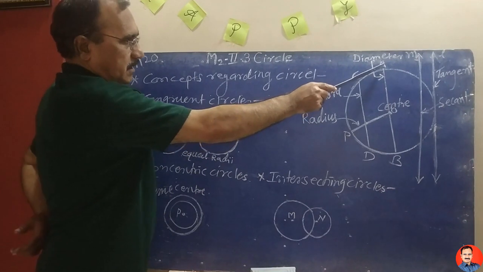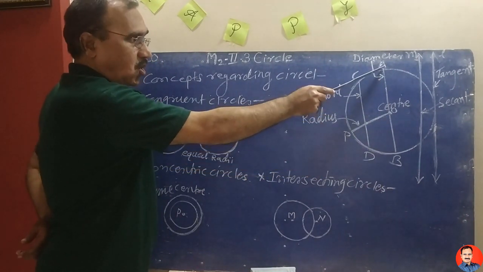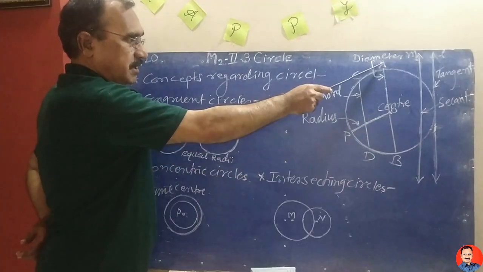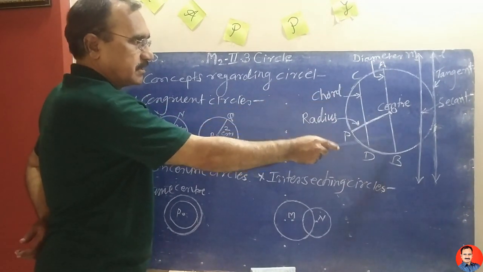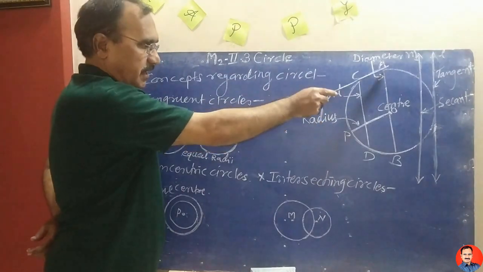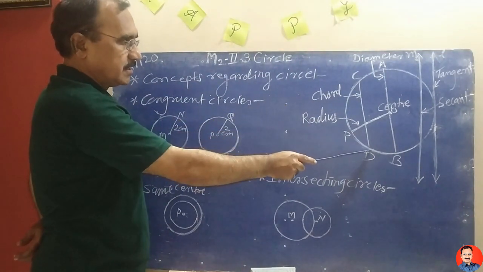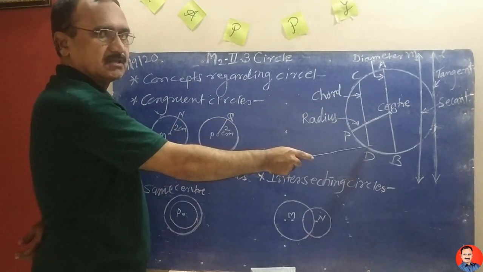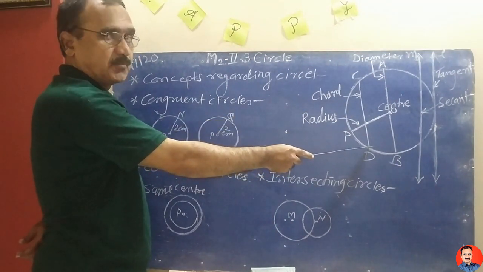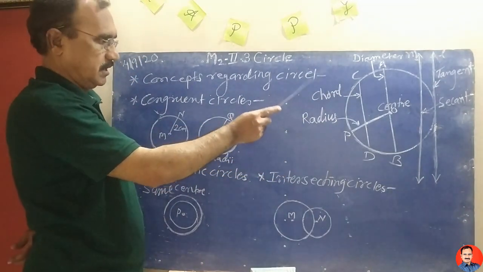Then segment AB is also called chord AB. This is the biggest chord in this circle. If a chord passes through the center, then this chord is also called the diameter of the circle. That means in this figure, AB is the diameter of this circle. Now segment CD, points C and D are on the circumference of the circle, and segment CD does not pass through the center, and therefore this segment CD is called a chord of the circle.